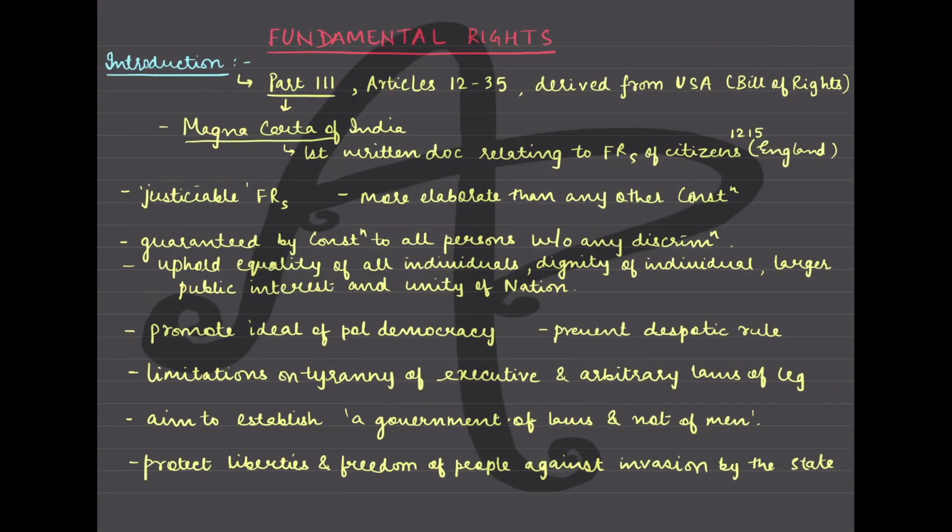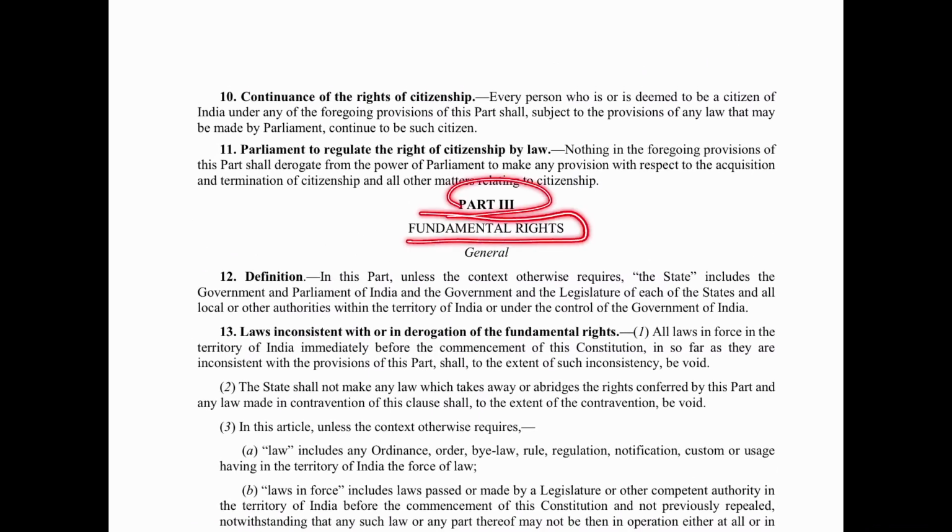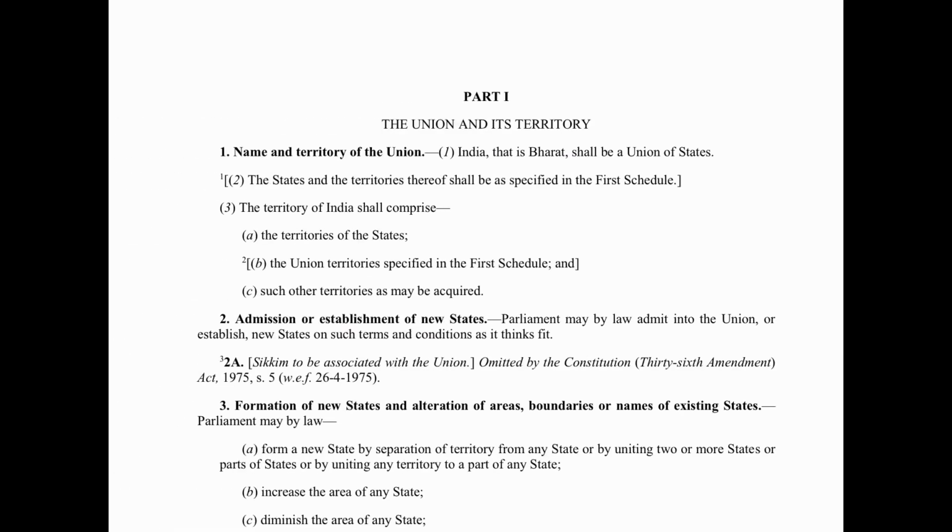Okay, now when we see the introduction to this, the first thing is where it is given in the Constitution of India, like which parts and which articles contain the topic or the issue of fundamental rights. So it is given in part 3 of the Constitution, dealing with articles 12 to 35. Now see, in the Constitution of India you are seeing part 3, fundamental rights. You know that part 1 and part 2 we are already done with all of the articles, so you can mark it in your content also.